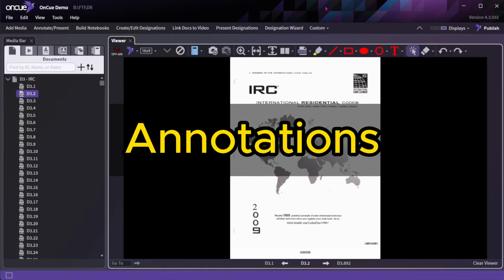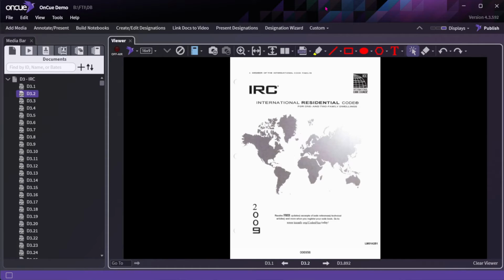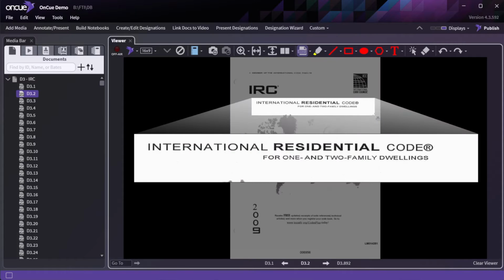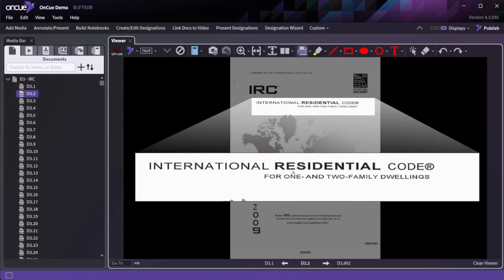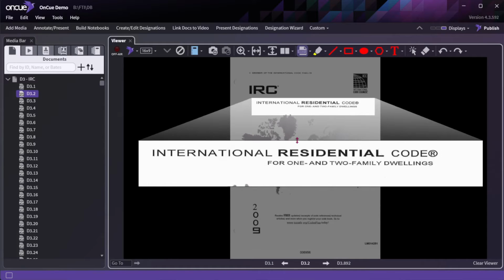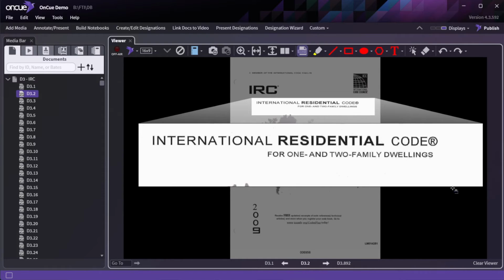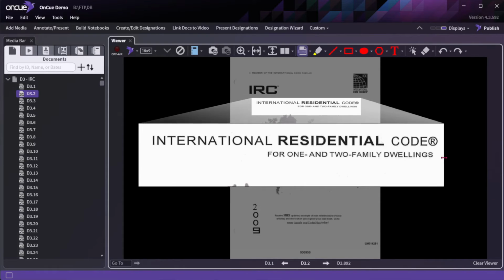To add annotations to a document, open a page in the viewer window, click the callout tool or press C, drag over the area to be called out, move or resize with the mouse, trim using control drag,